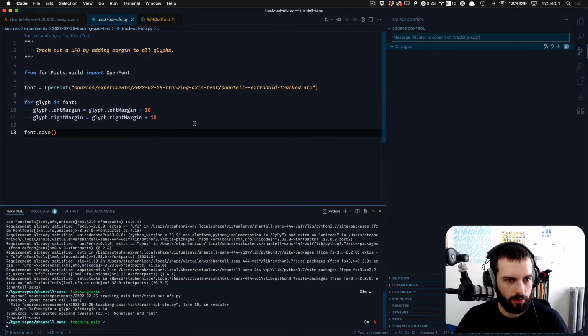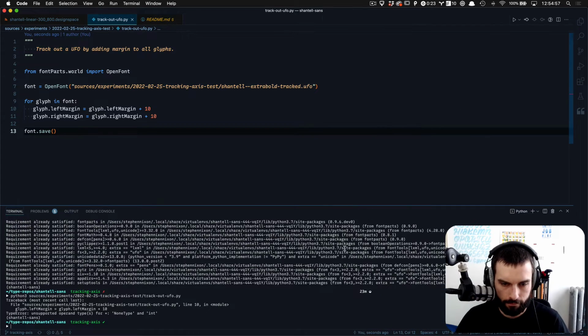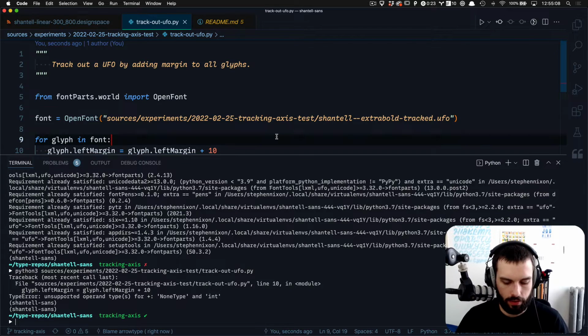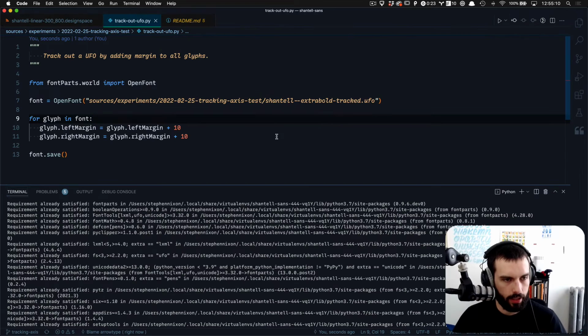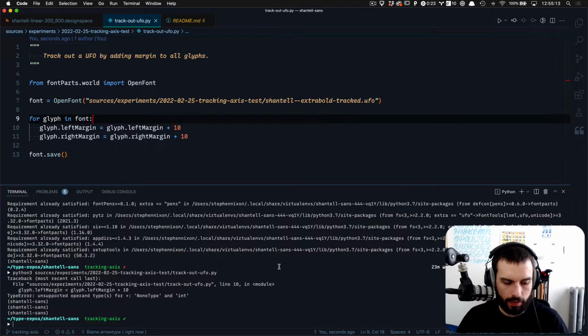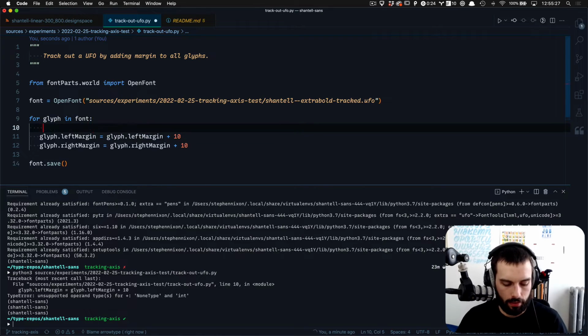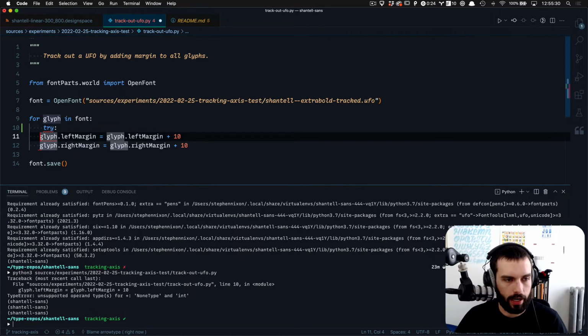All right, I love it. Already a problem. Let's boost this a little bit. Unsupported operand types for plus: none type and int. So probably it's looking at a space or a glyph that doesn't have any margin at all, something like that. And so it's trying to have this none and then add something which can't be done. So we're going to swap it out for a try,